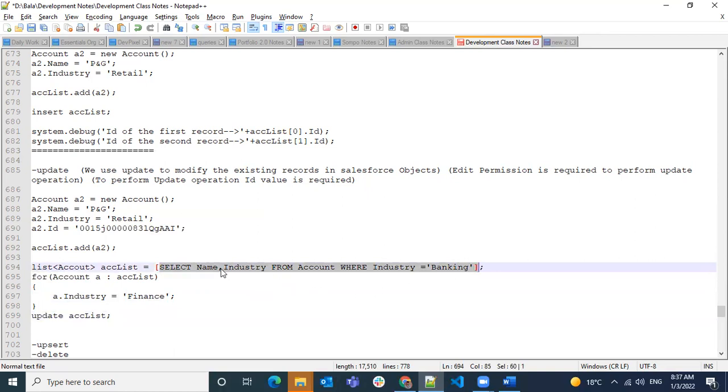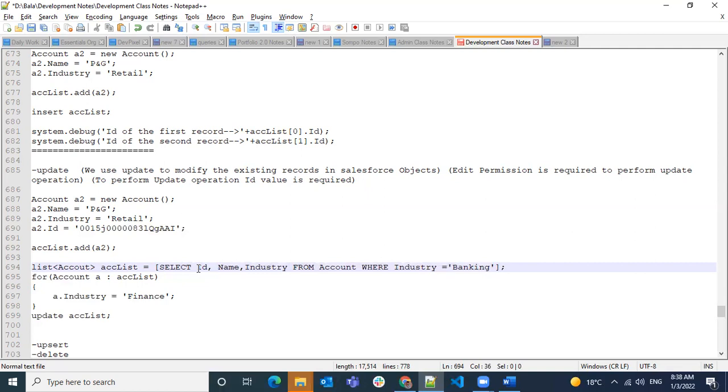Here you need to remember one thing while writing SOQL queries: even though you have not queried for the ID field, you will automatically have the ID field in the query result. So whether you have mentioned the ID or not, you will be getting the ID value in the result of the SOQL query.